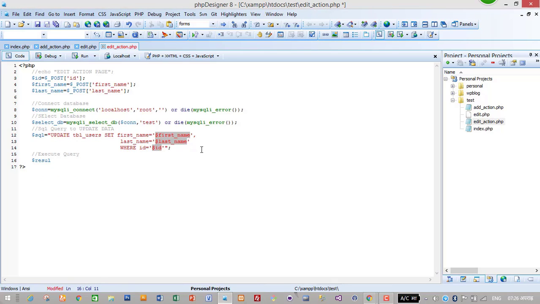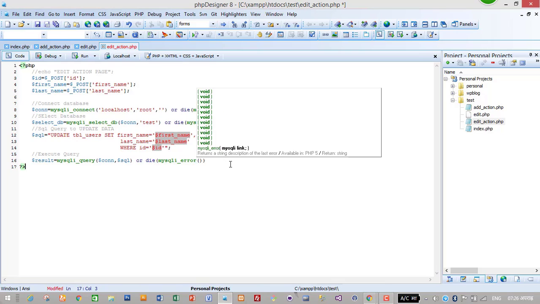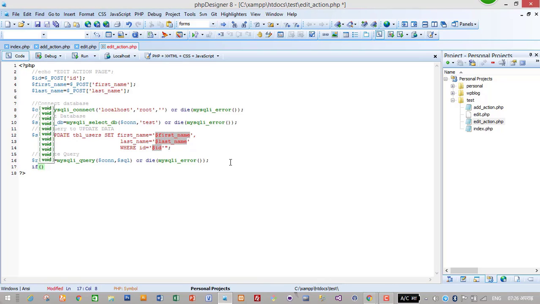$result is equals to mysqli_query, $con and $sql, or die mysqli_error. If $result is equals to true, then redirect to home page, else echo error. I will write a code to redirect